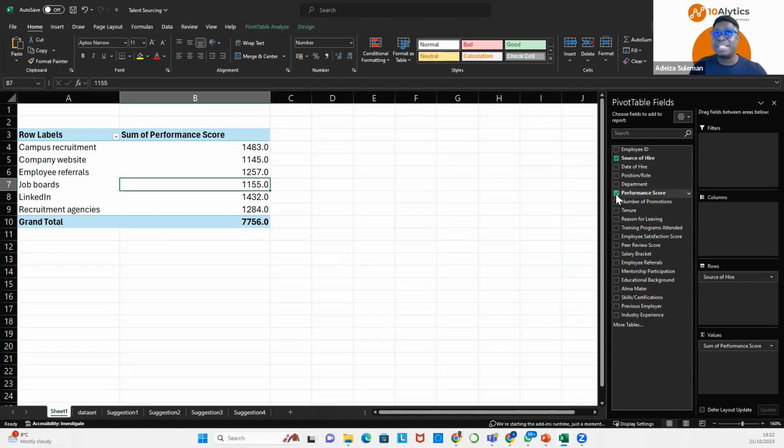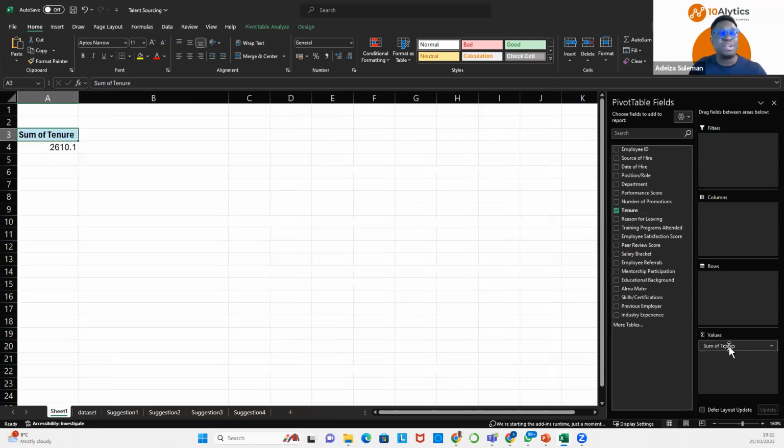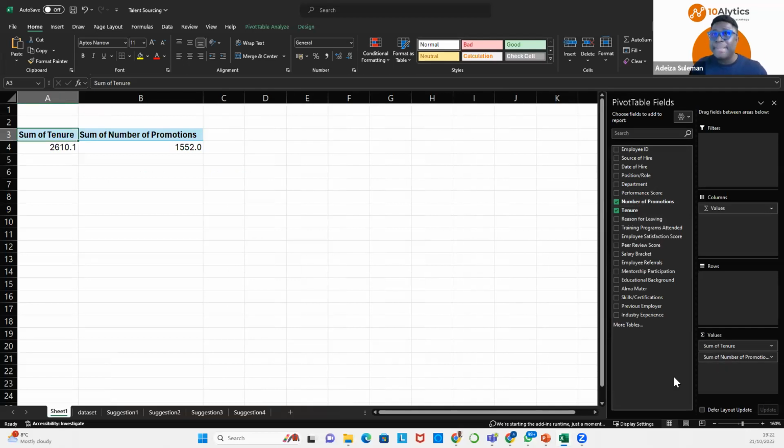And we can test it. Let me deselect what I have. We saw that tenure is numerical as well. If I click on tenure, it would never go to rows, never go to columns. It would go to where? Values. Can you see that? If I click on any other numerical column like number of promotions, it also goes to where? Values. So the way the pivot table works is numerical data, if you click on it, it goes to values.